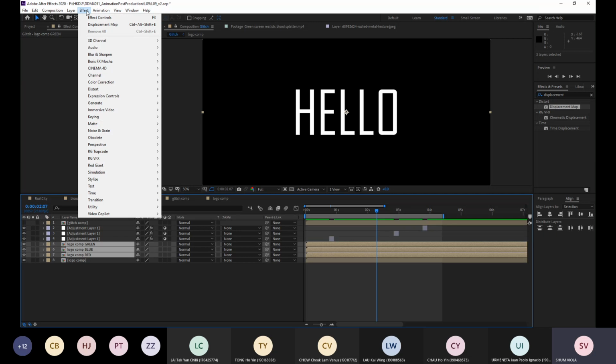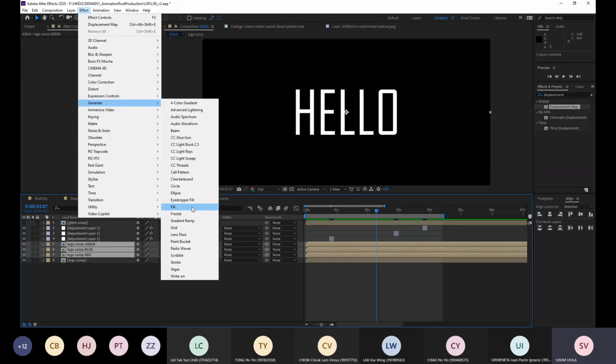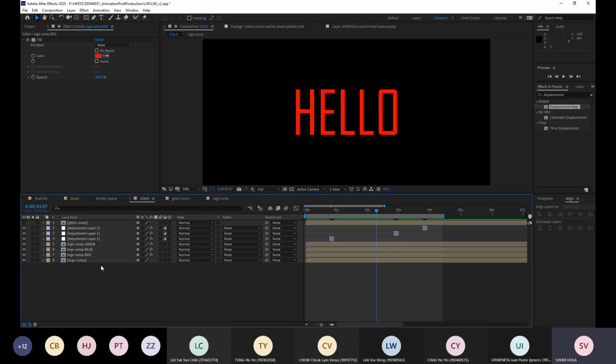Okay, effects, generate, fill。咁你搞掂晒 create 咗啲新嘅3個 comp 之後，我哋就 select 晒佢哋，effect，generate，fill。好啦，跟住我哋揀咗 fill 之後，而家全部佢哋都紅晒嘅。So actually, once I apply the color